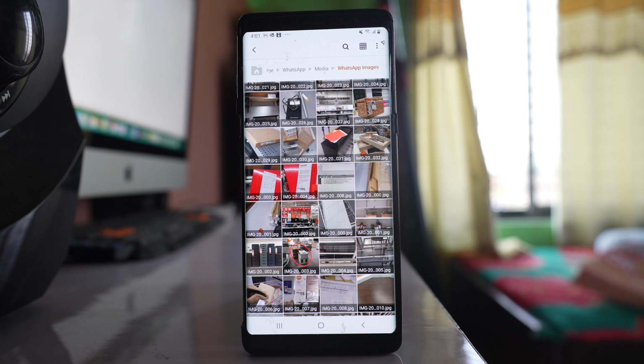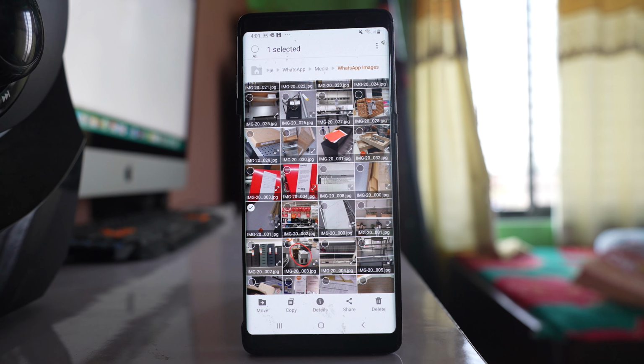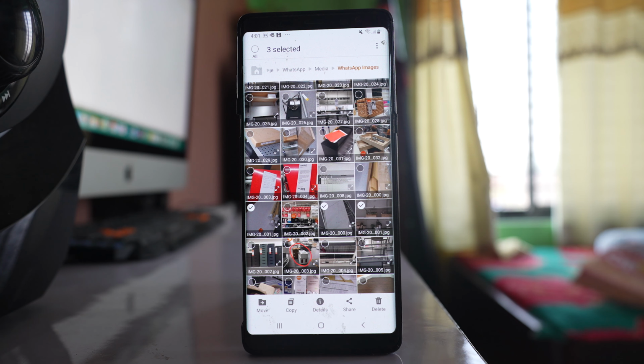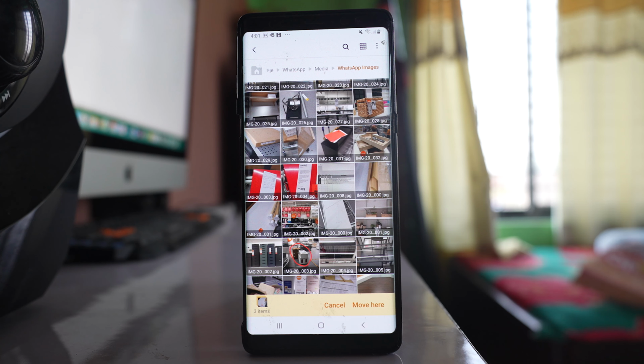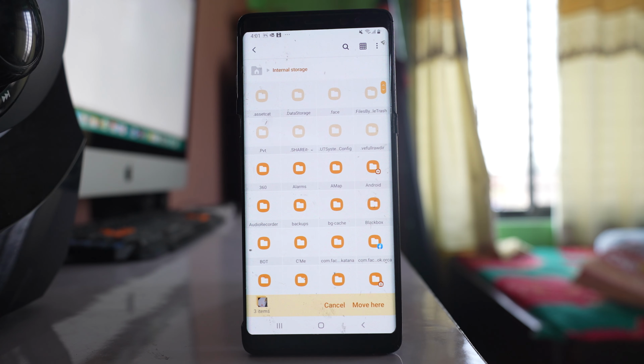Now if I want to move images, what I will do is I will tap and hold the image. If I want to select more, I can select more images. If you want to select all the images, then you can select this option all. So once you have selected the images, select this option move, go back, let's go to internal storage here, and